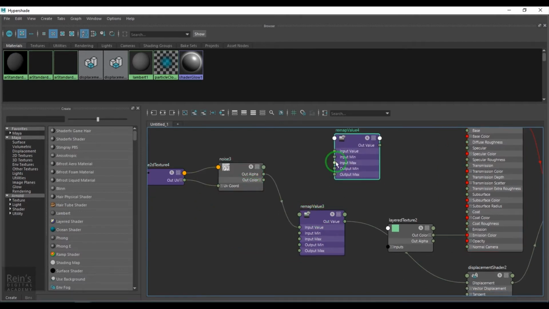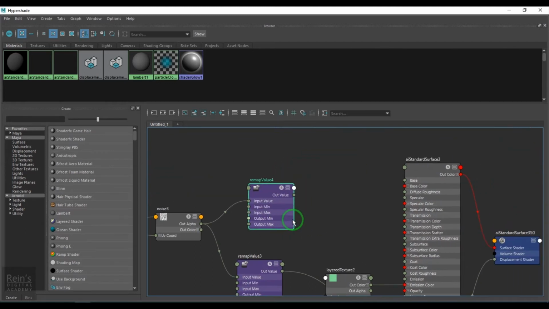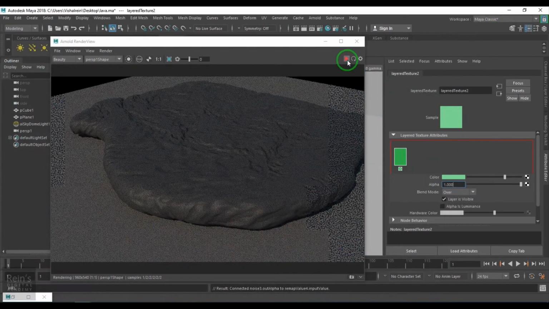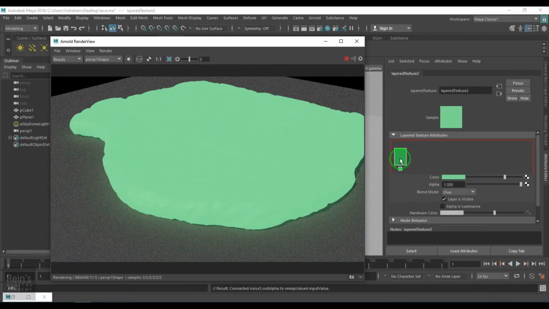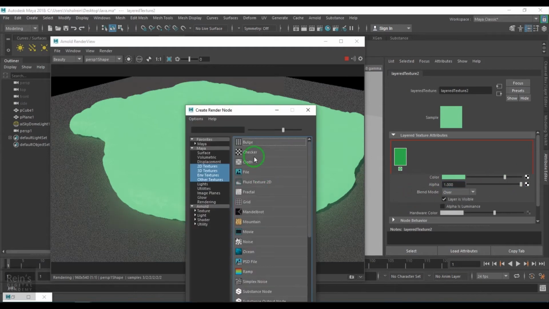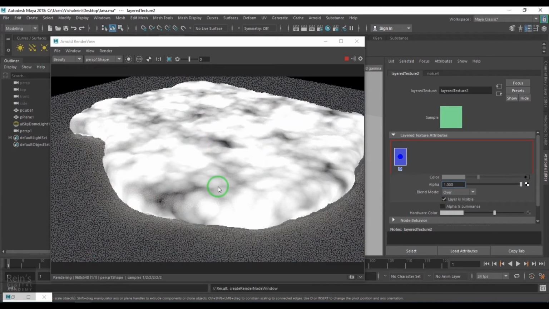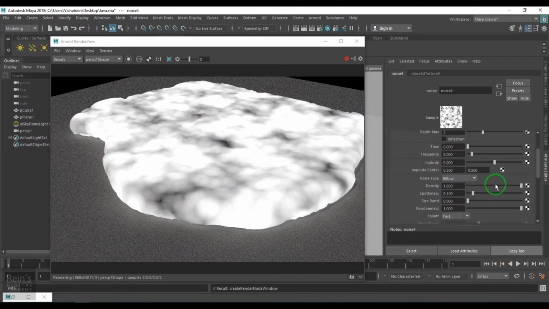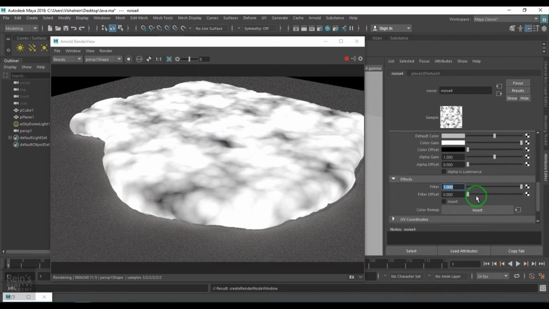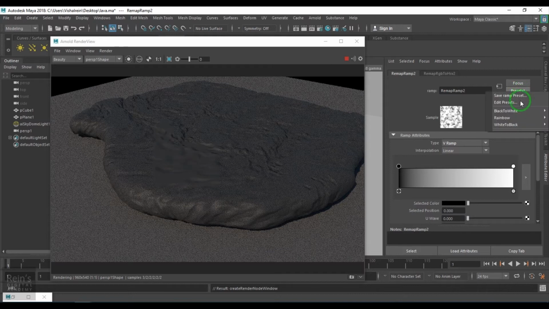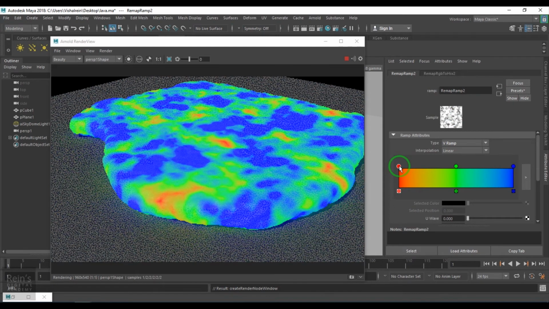So in the layered texture, right now what I've got is the blue color, sorry, the green color, and in the green color I'll be taking a texture. Okay, so I'm taking a texture again. It's a noise texture which will have that nice billowy or bubbling sort of texture, and I'll just go down to the effects and remap it, which will give me a ramp texture which I'll be replacing with the rainbow. So what happens is the red is the black color and the blue is a white color thing.